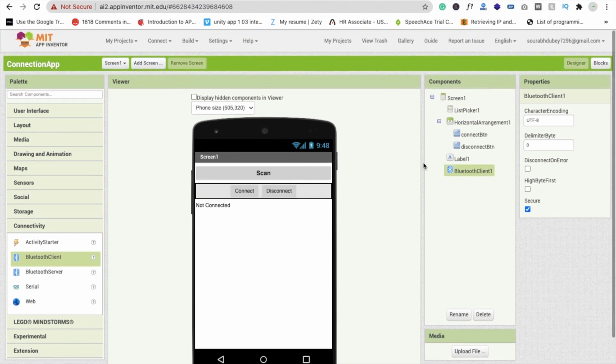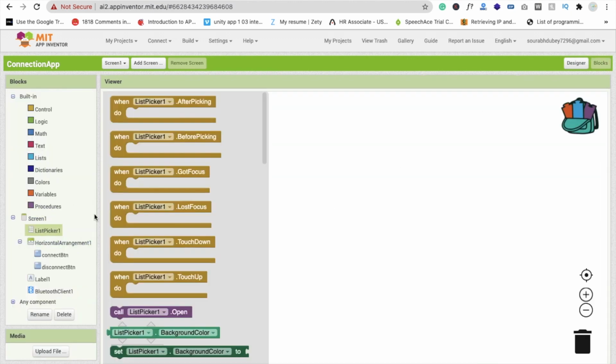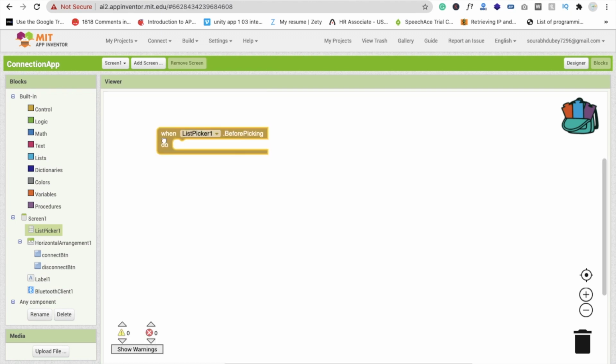Now let's go to the blocks section, and whenever someone clicks on this list picker, then when list picker before picking, we have to scan the Bluetooth, right? Then we have to get the address of a nearby device.